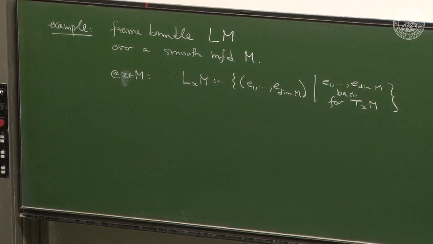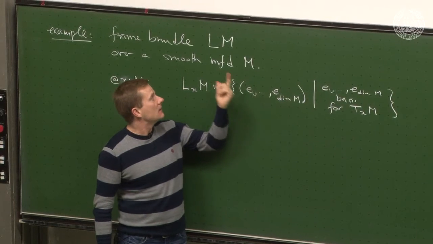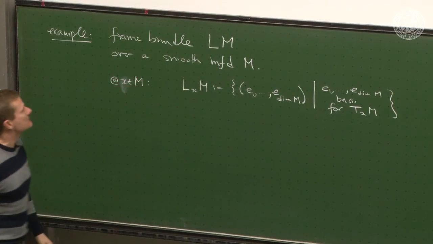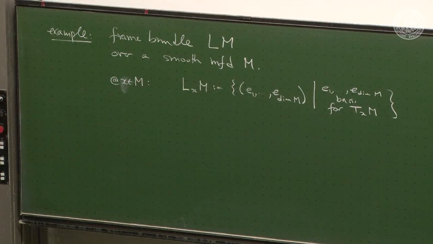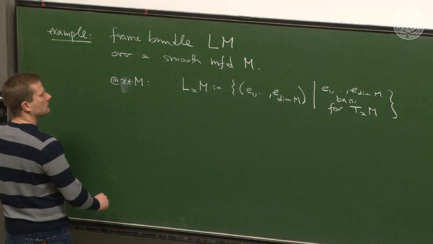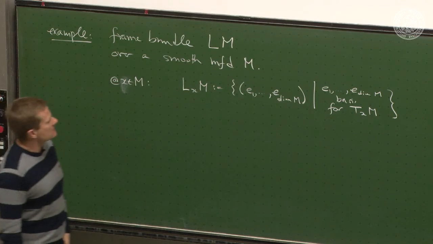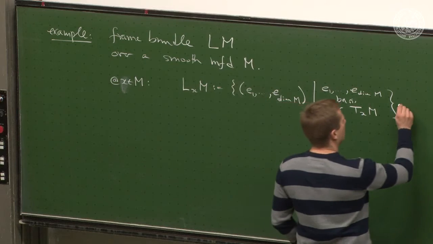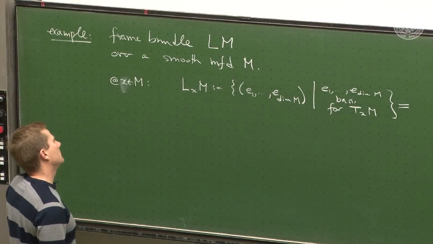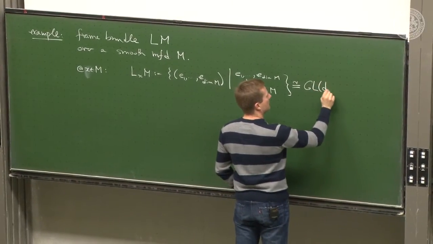And that's not the frame bundle yet. That's the space of frames at a point x. So a frame is a basis. We could call this the basis bundle, but it's just tradition to call it the frame bundle. Okay? And so we have this kind of guy, and this is obviously isomorphic to GL(dim M) over R,